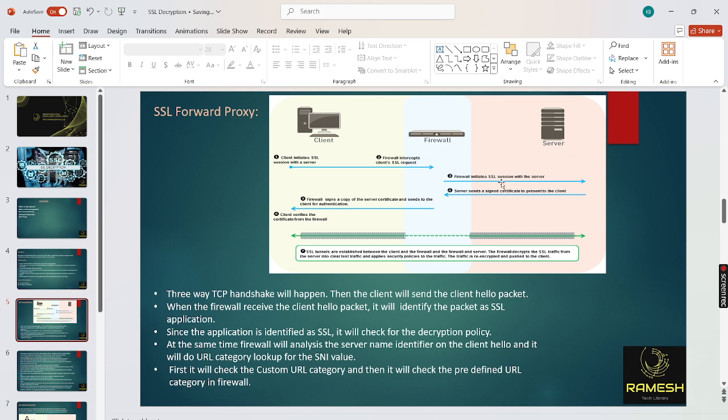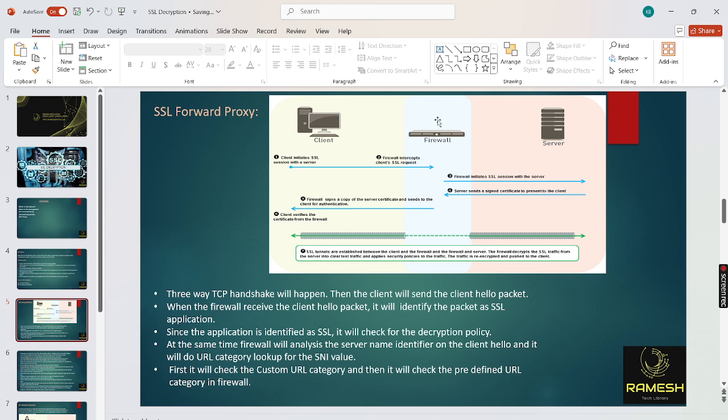Okay, signed certificate చెప్పాను కదా, every certificate has to be signed by some CA, certificate authorities. If there is no CA signing, the certificate won't be validated. The certificate is considered a duplicate or an invalid certificate. Okay, it will check the signed certificate, and the firewall will check the default trusted certificate folder,